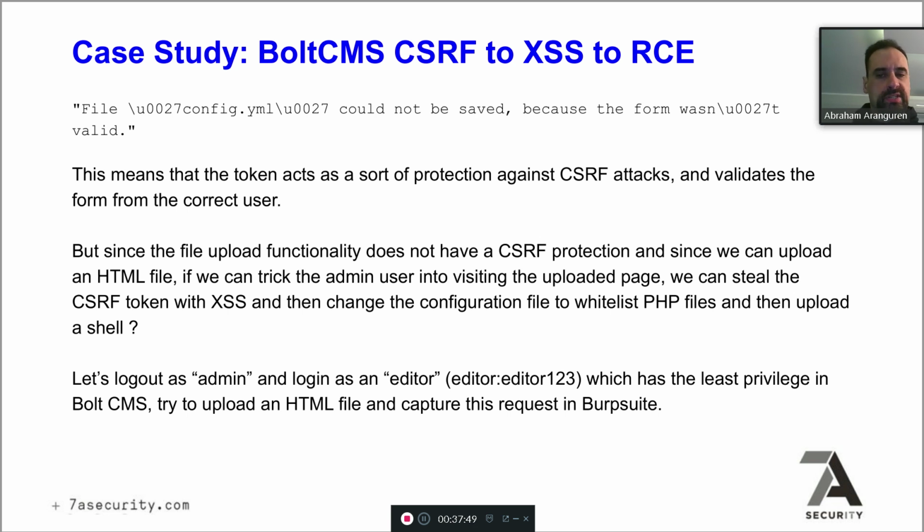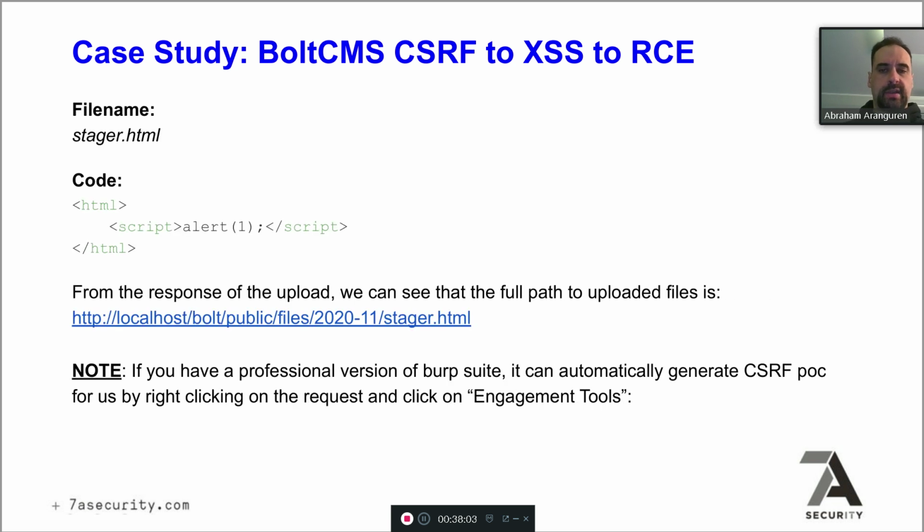So you first need to log in as admin. So you log out as admin and log in as editor, which is the user with the least privilege in BoltCMS, and then you try to upload an HTML file and capture this request in Burp, right? So you can create an HTML file that basically has script alert 1, and then you can see in Burp how this looks. And from the response of the upload, we can also see what the full path to the uploaded file is. So it will be something like this: localhost, Bolt, public files,